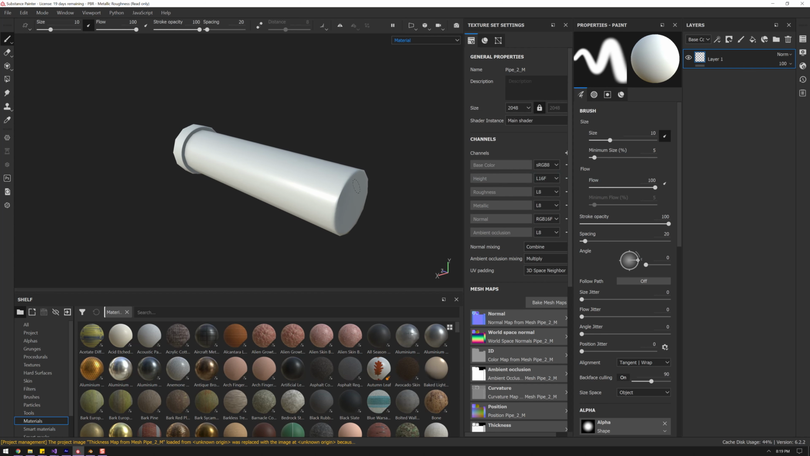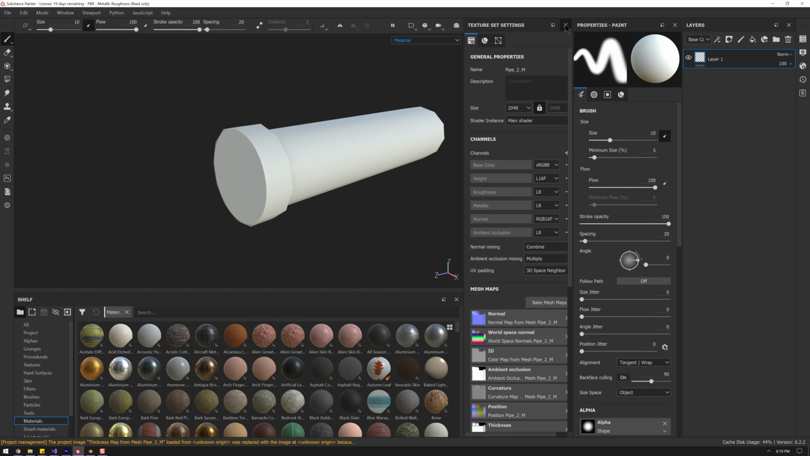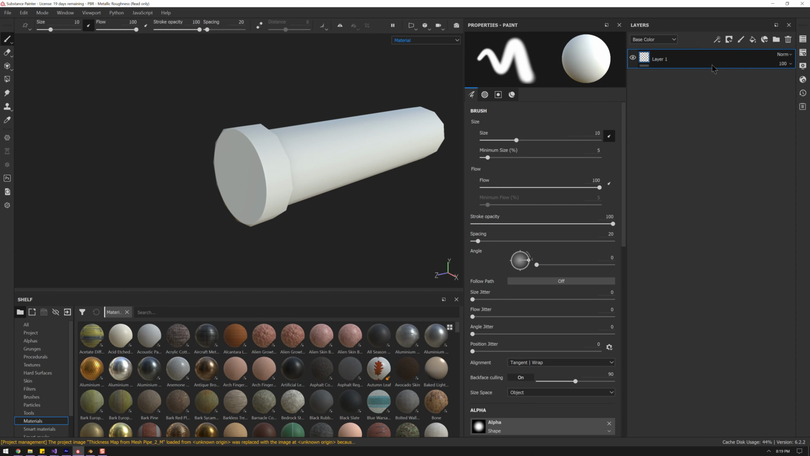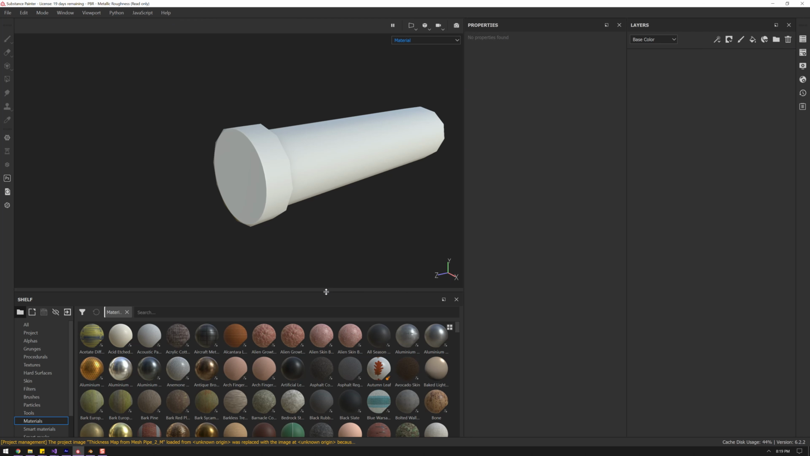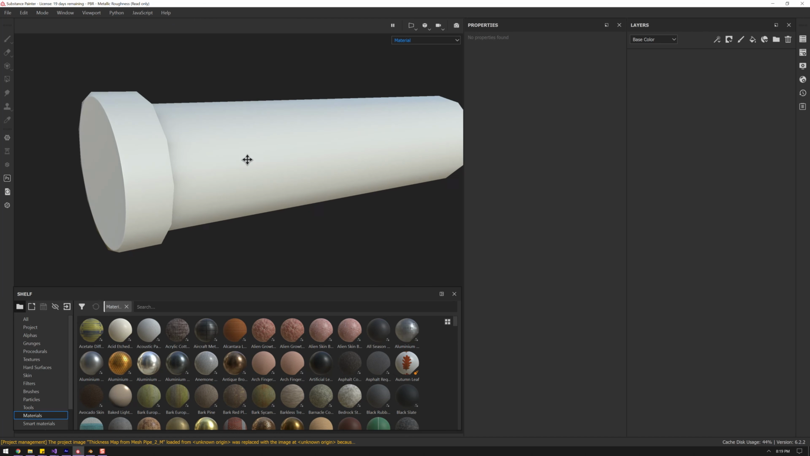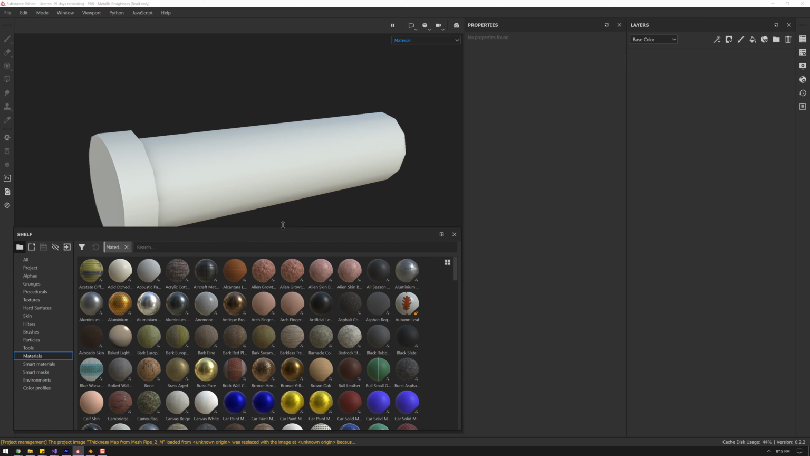Great. Once again, feel free to hit B on your keyboard just to do a sanity check that things are looking somewhat acceptable. Now we can begin painting. I can close the Texture Set Settings window. I probably won't be needing that for a while. I'm going to go ahead and delete that first paint layer because I know I'm going to want to work with the fill layer. And since this is a pipe, I'm probably going to want something that has to do